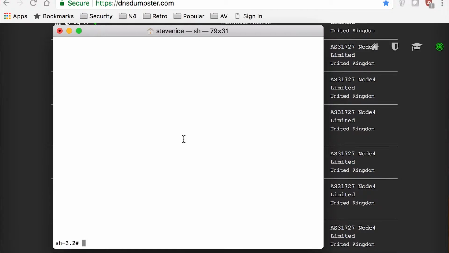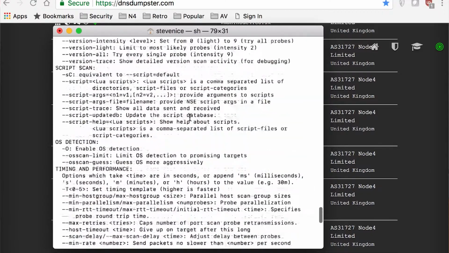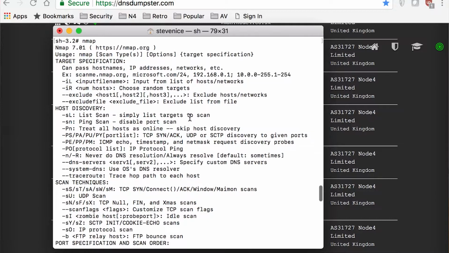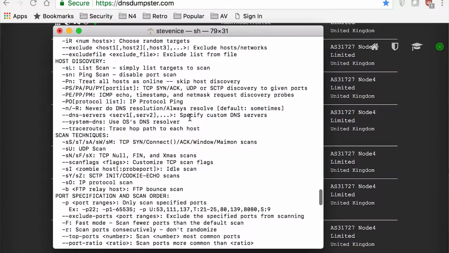So our next task then is, we've selected a target, so now what is that target effectively running, and is there anything I can exploit on that target? So I'm going to use the hacker's favourite tool in this instance, which is Nmap. This is a port scanning tool, with lots and lots of different options for scanning ports, and you can also do footprinting and banner grabbing, so we can identify maybe IP addresses, version